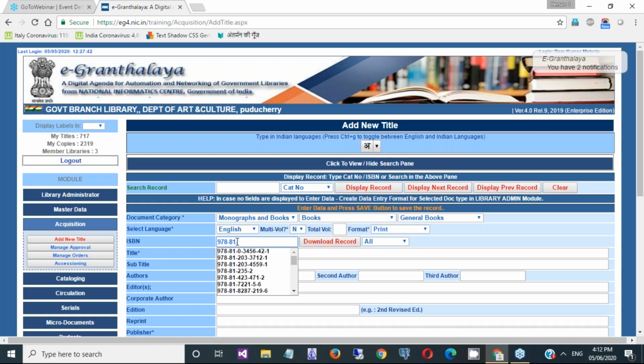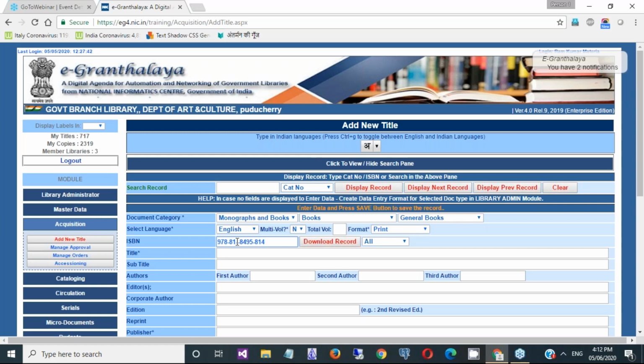So the ISBN number is 978-81-8495, then -814. Now the ISBN is not matching further.